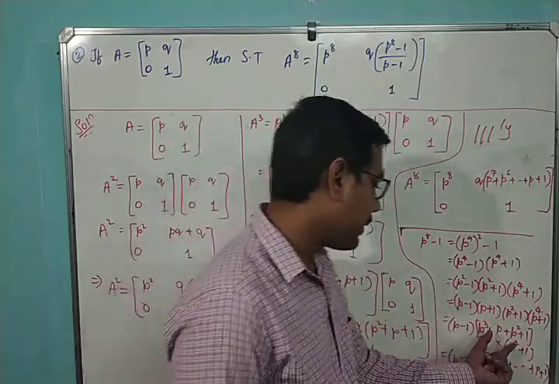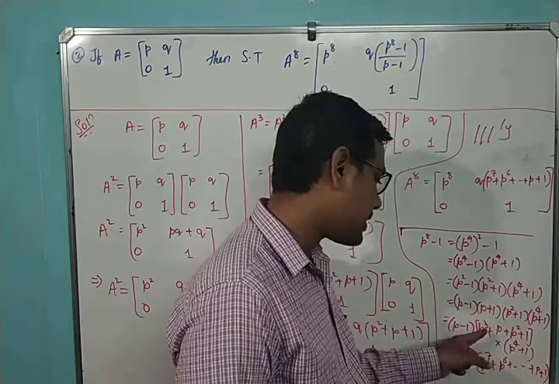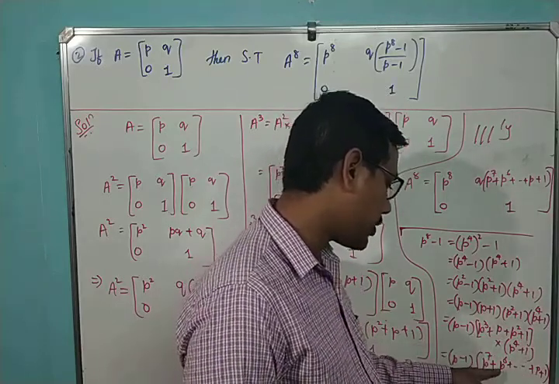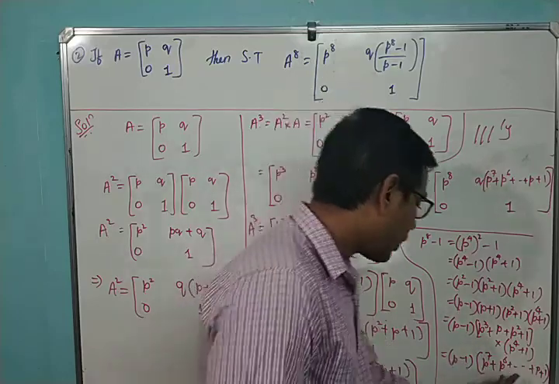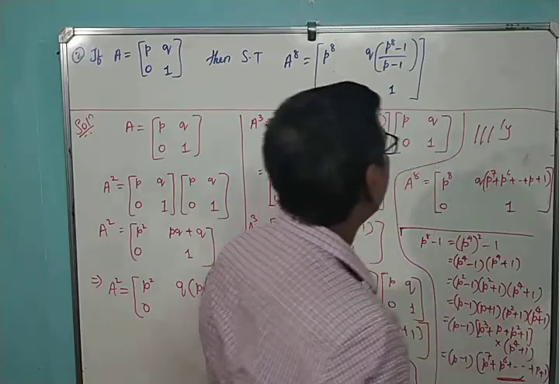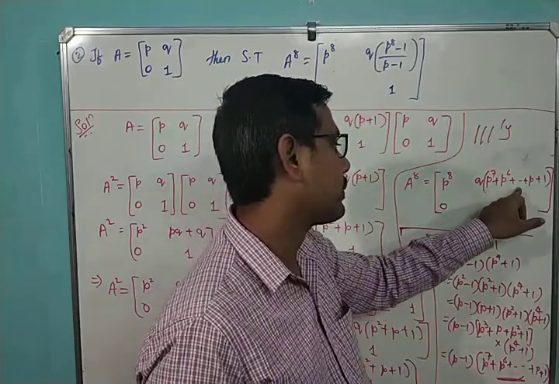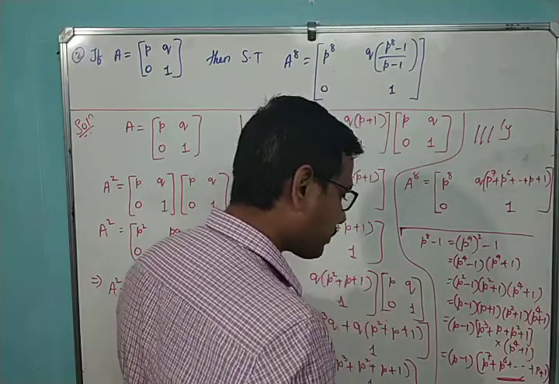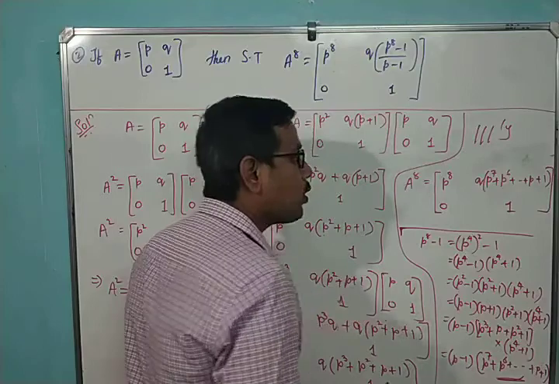So if I multiply these two things, if I open the bracket here, p minus 1 will be as it is. It will become p to the power 7 plus p to the power 6 plus so on up to p plus 1. Right? So if you compare this one, if you check, it is nothing but what we have got here. P to the power 7, p to the power 6, p to the power so on. Right? But what are we having here? We are having p minus 1.